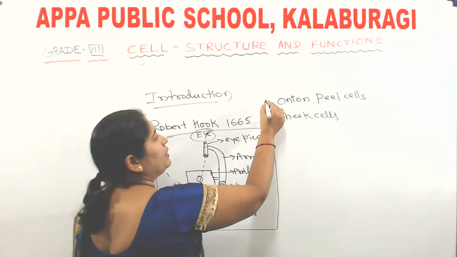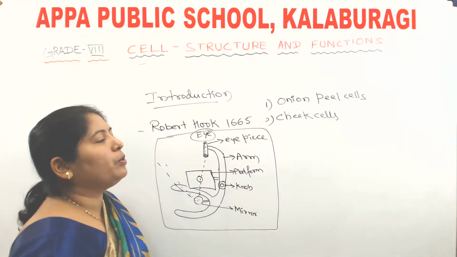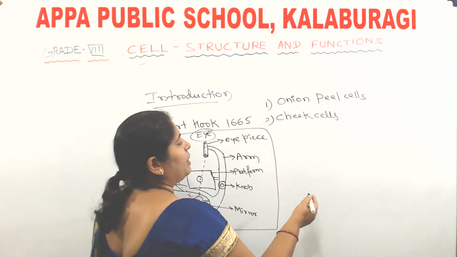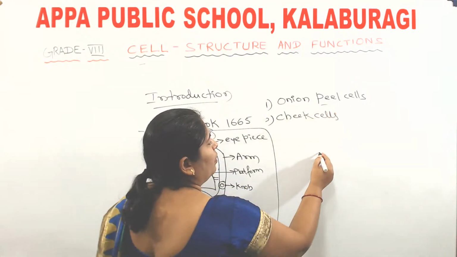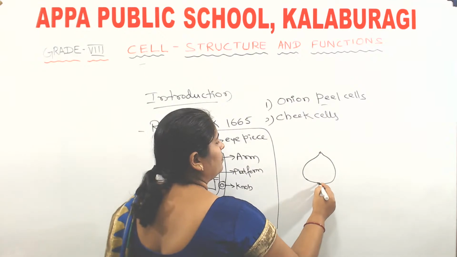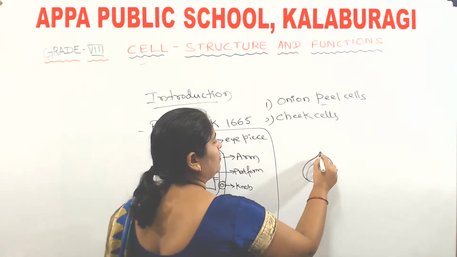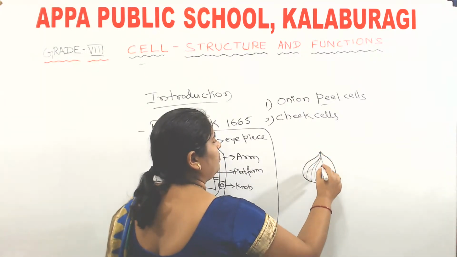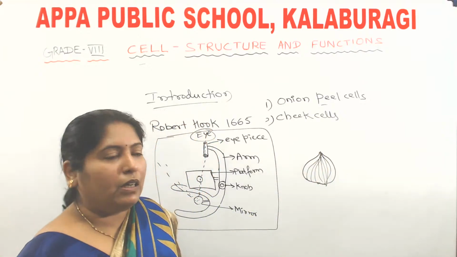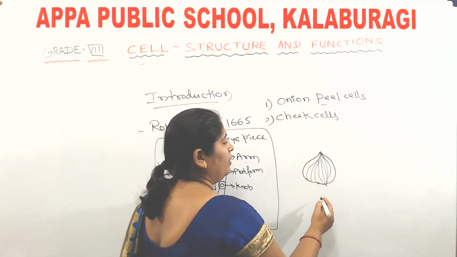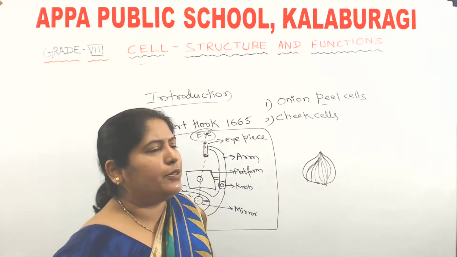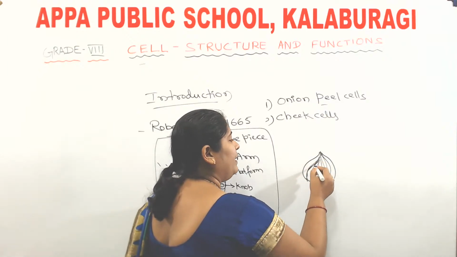Now coming to the first one, onion peel cells: how to observe these under the microscope. For that purpose, what is meant by onion peel? All of you know about the onion. When you cut the onion, layers are inside, right? Many of you have observed this. In between these two layers,